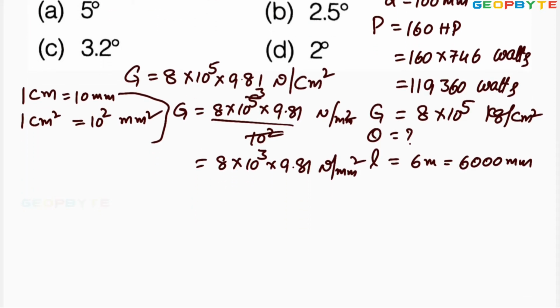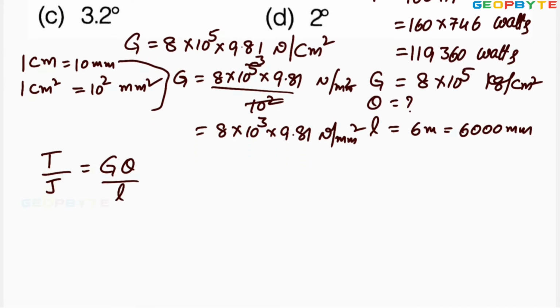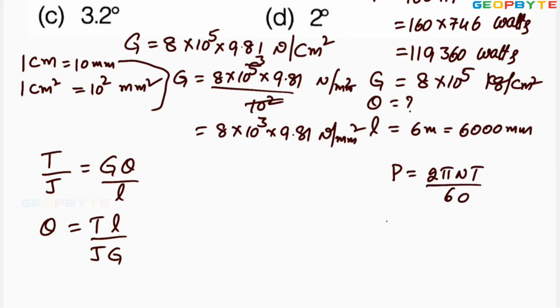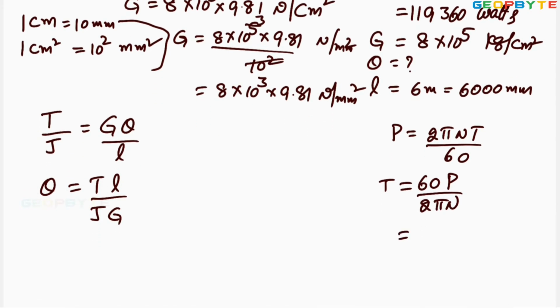Okay. Then the torsion equation is T by J equal to G theta by L. From this, the angle of twist theta equal to TL by JG. But you need to find the torque first. Power P equal to 2 pi NT by 60. From this, torque equal to 60 P by 2 pi N. Here 60 into power is the power value